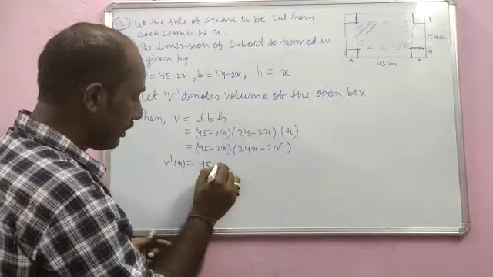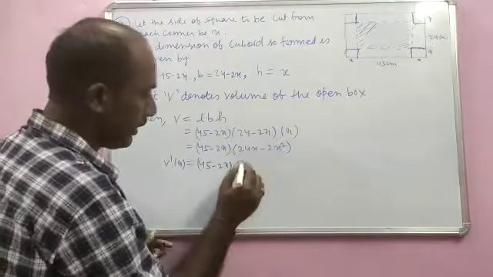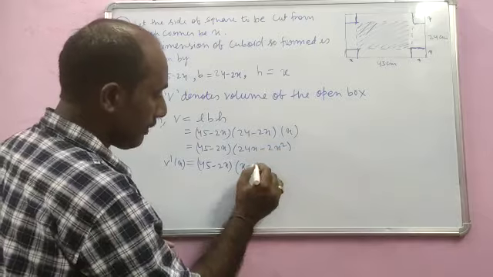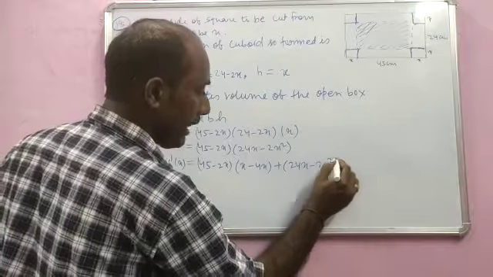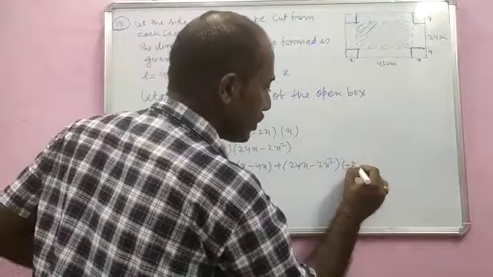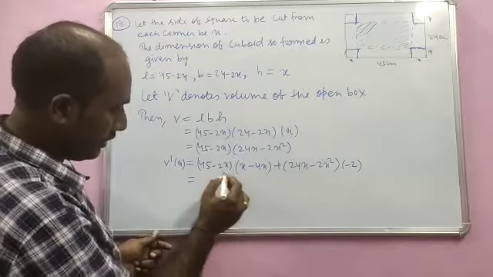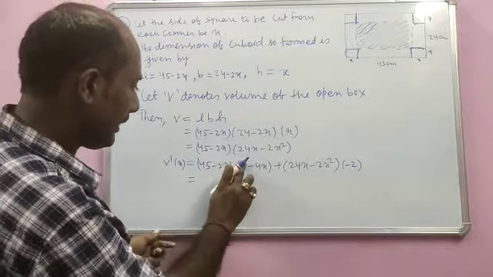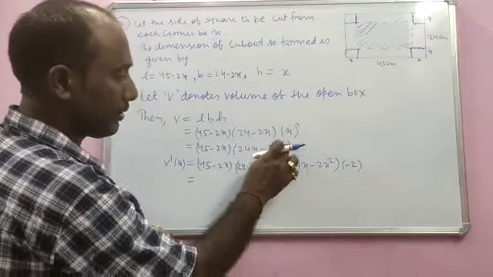Using the product rule, we have to go for the derivative of one of these two first. So I go for the derivative of this one first, which is 1 minus 2x, and the derivative of 2x square is 4x, so minus 4x. Plus 24x minus 2x square into the derivative of this part: 45 is constant, and for minus 2x the derivative is minus 2. So here you will find it is 45 minus 2x into, here I made a mistake, it will be 24. The derivative of 24x is 24, and for minus 2x square it is minus 4x.